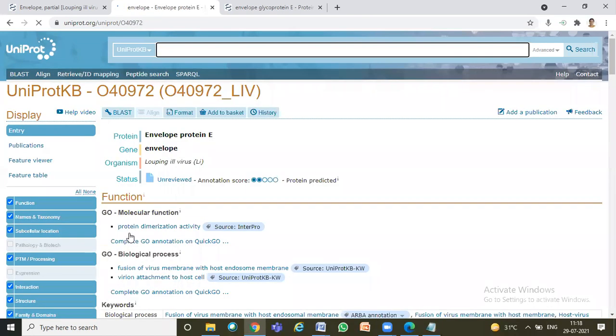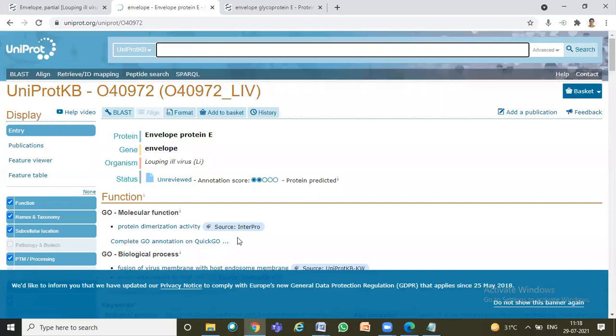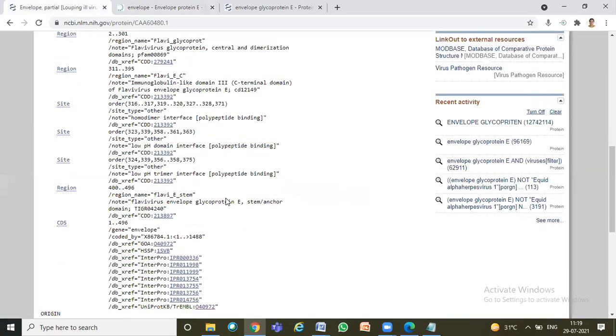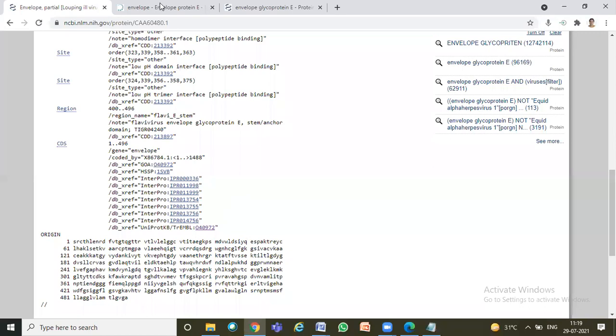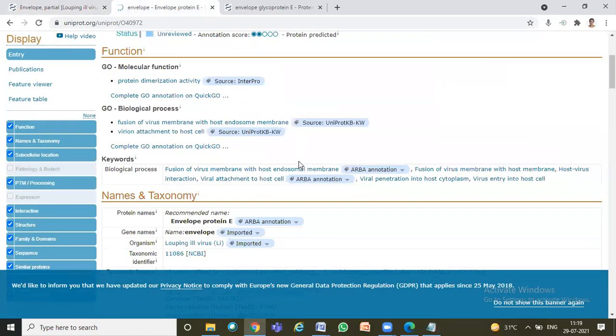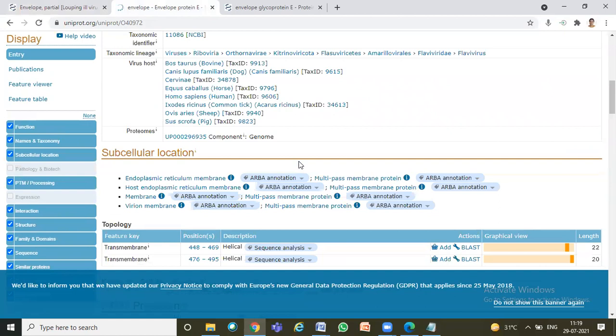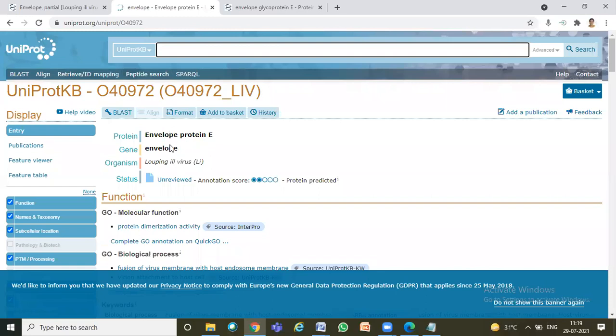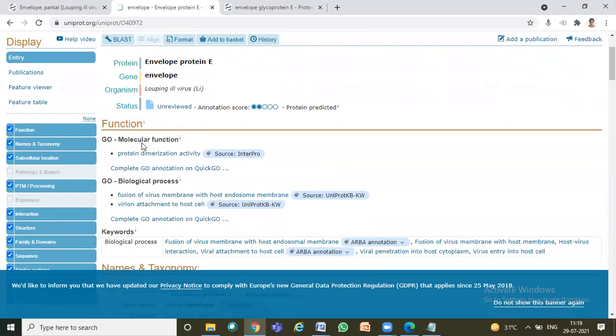Envelope glycoprotein E of some louping ill virus, for example. So you just see the kind of display, compare it here. Here you have a kind of display, but still you have many good links, right side, left side. But here you just compare the relatively rich information and more visibility. Initially you have the name of the protein and the gene, and you have gene molecule. This part is very important to understand what this protein might be doing in the host.